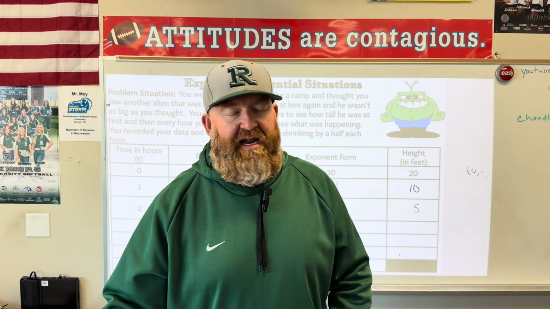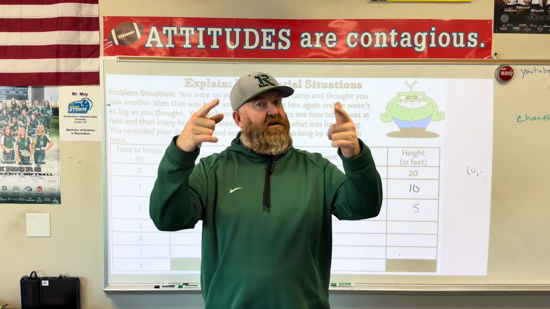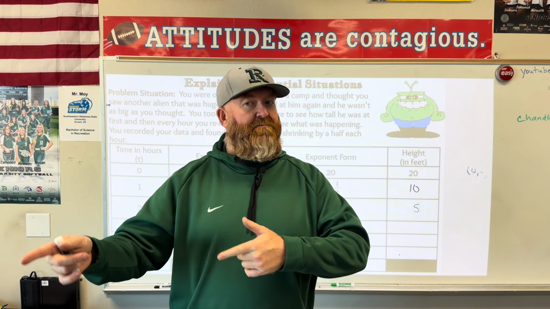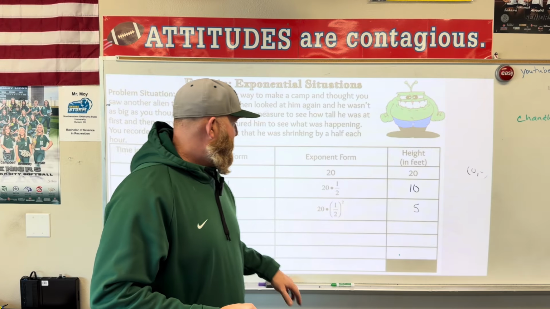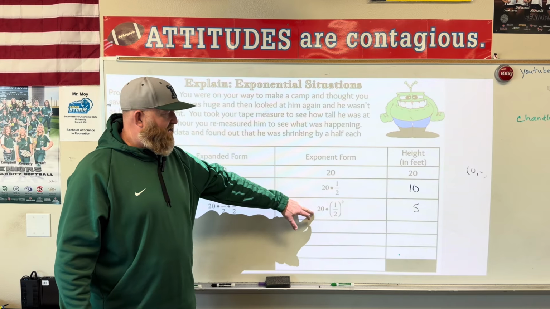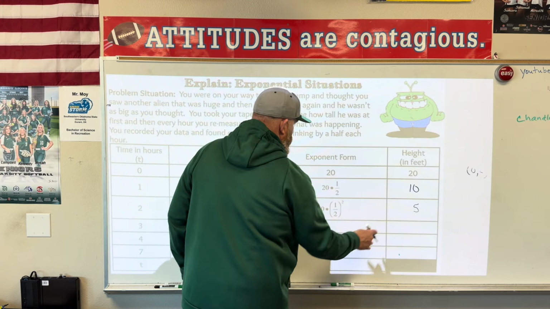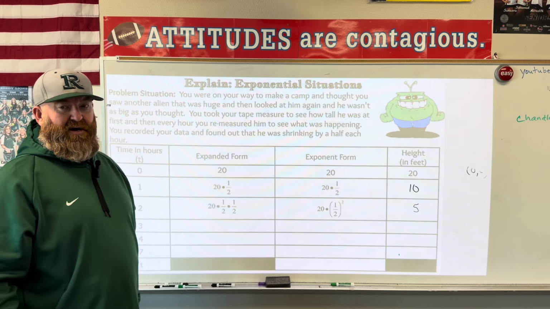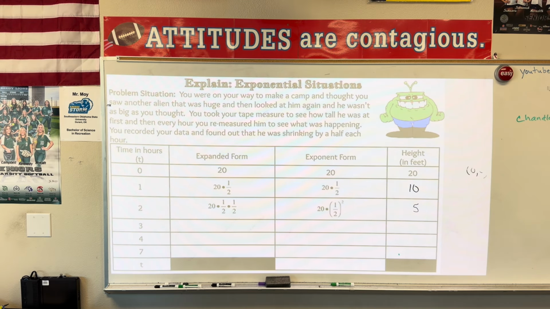You always multiply. Now, you can say, you know what, they're dividing by 2. But then you have to think in your mind, okay, dividing by 2 means that they are multiplying by 1/2. Does everybody understand that? Because that's why they did this right here. Yes? That's why they did this. Okay? So they do it twice, they get 5. So I'm going to pause it really quick. I want you to fill in the rest of this chart with your partner. Ready? Go.